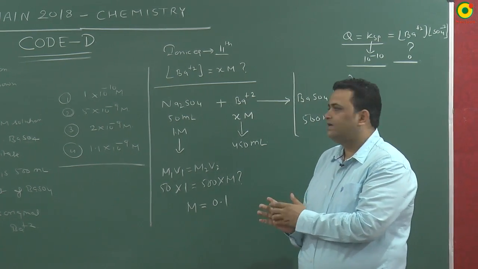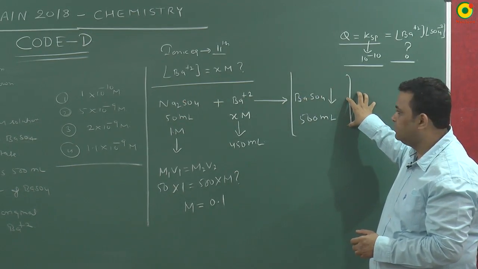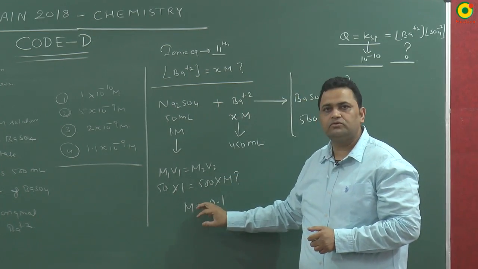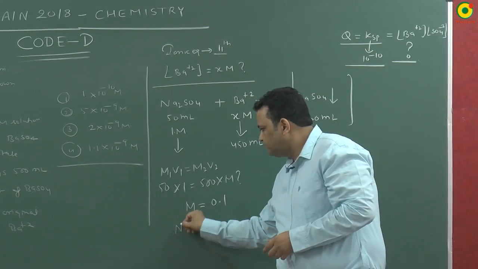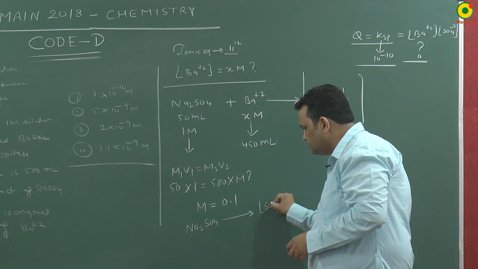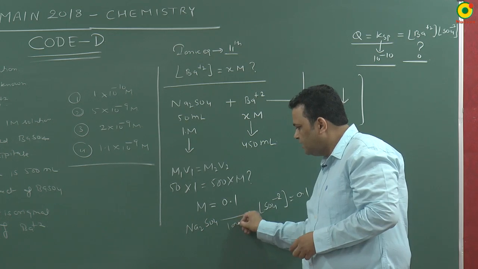Why is it a final molarity? 50 ml is added and the final solution is 500 ml. So it is diluted 10 times, which means the concentration will reduce to 1/10. So if the Na2SO4 concentration is 0.1, it will dissociate and give SO4^2- as 0.1 because salts are 100%